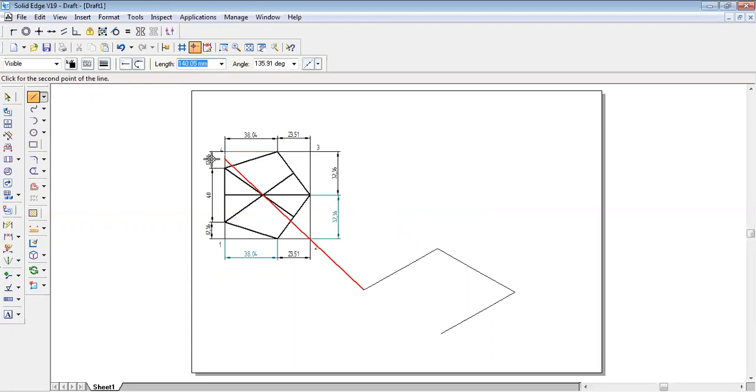And now 4 to 1. You observe here total 3 split ups are there: first, second and third. The first split up is 12.36 at an angle of minus 30 degrees, then 40 mm at an angle of minus 30 degrees, and 12.36 at an angle of minus 30 degrees. Okay, now I have drawn this outside the pentagon, that is, the rectangular box I have drawn.